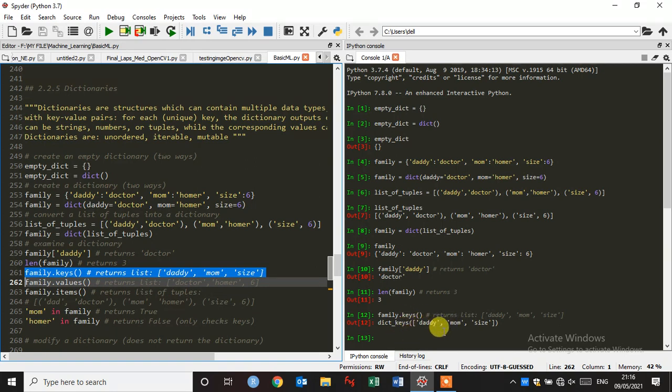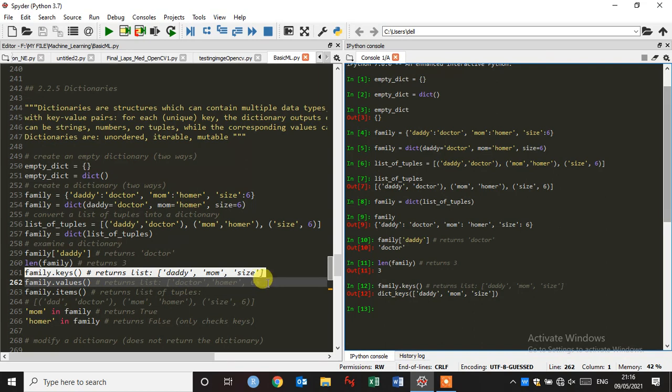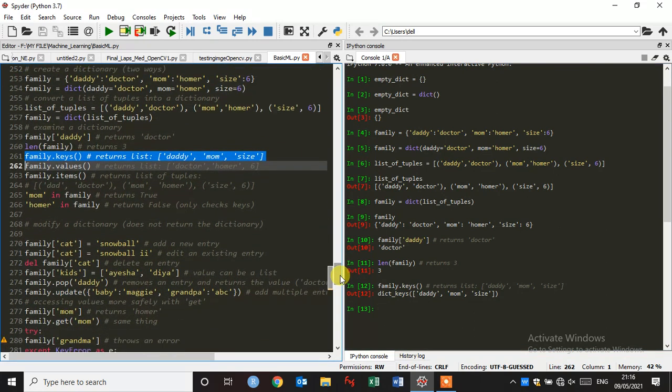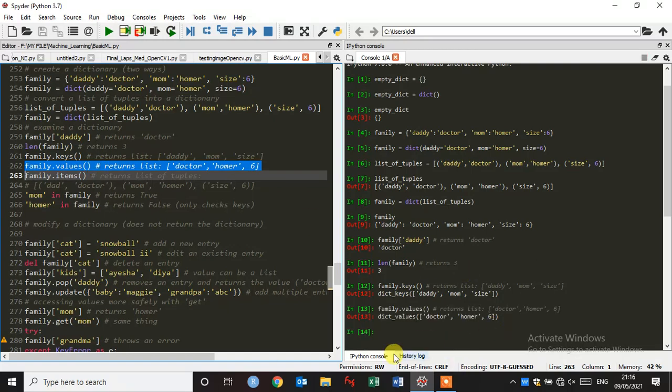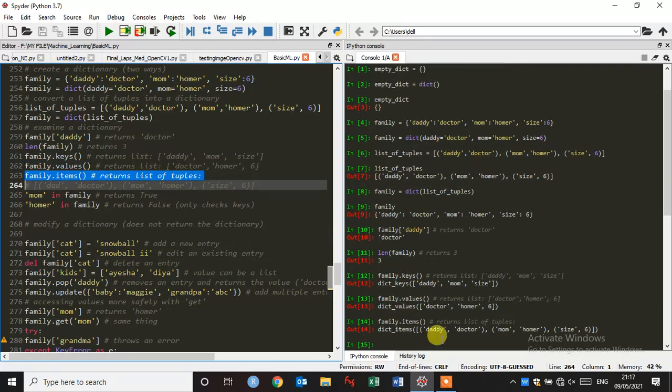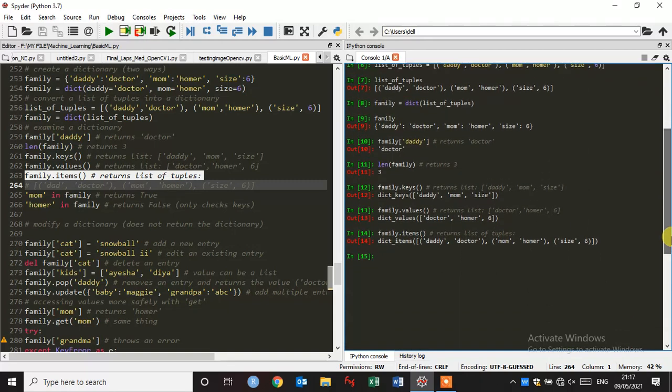The dictionary keys are daddy, mom and size. Now check family dot values. It returns doctor, Homer, and 6. And now let's see family dot items. The items are daddy, doctor, mom, Homer, size, 6.